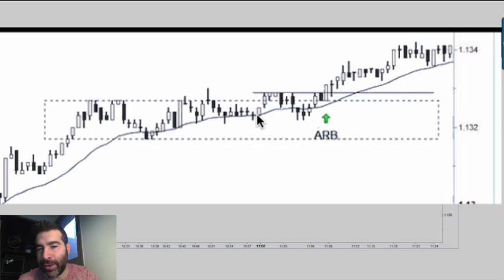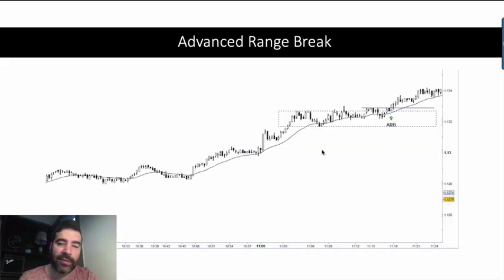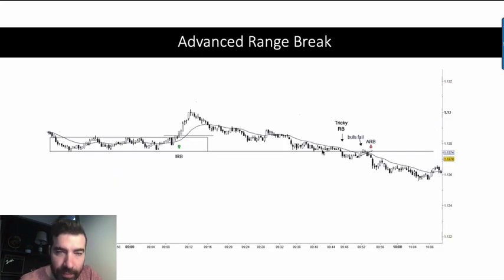It's not really with a lot of buildup, because the buildup was going down, and then it just jumped up, and then you have a few candles here, pull back, and now you see that there's a new high over here, a little bit higher than the range, but you still have that same idea. The EMA starts to push it out. There's a real buildup, and once it goes out of that new high, that's going to be called an advanced range break. Okay, over here you had an IRB, and now the market starts to go down.